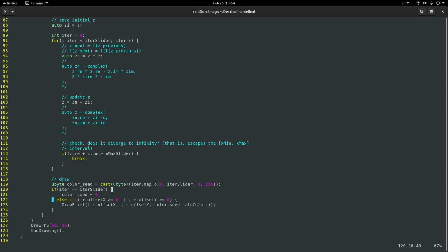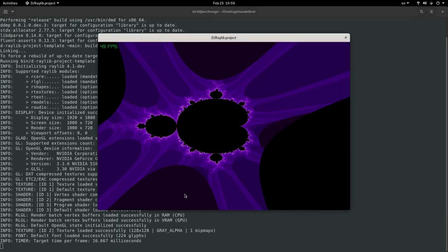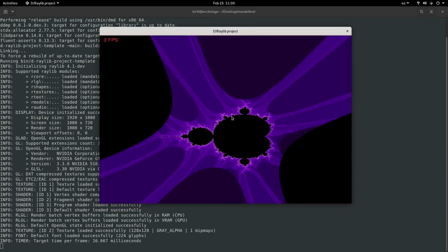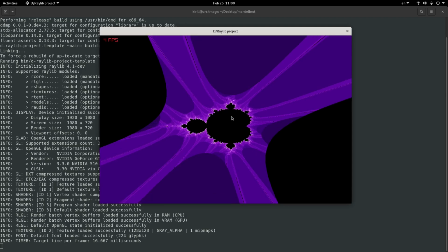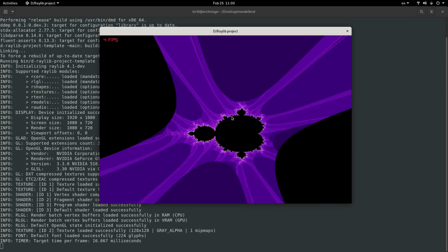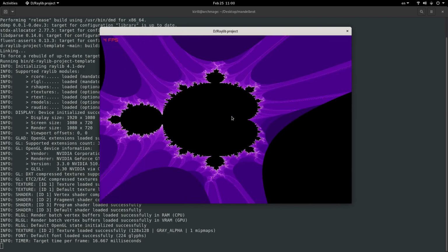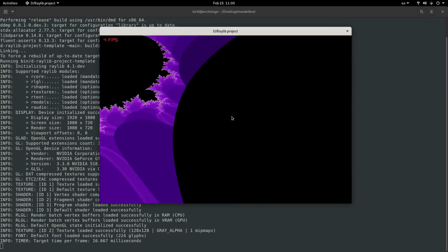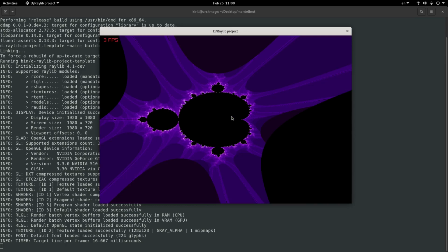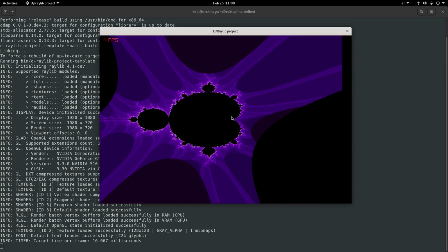It does work. And instead of compiling it in debug mode, I will compile it in release mode. Let's build it, and here we go. Let's decrease the number of iterations and then zoom in. Oh, that zooms out, and here we go. We can zoom in, and then let's reset it back. So now we can move around the screen, and